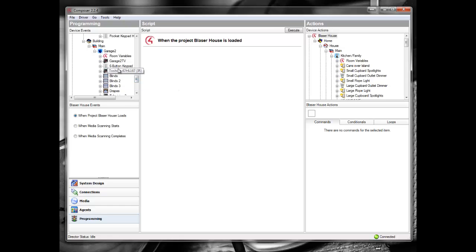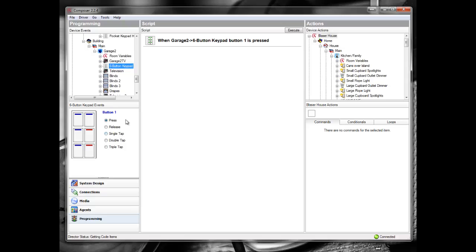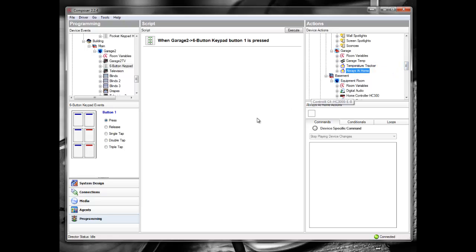So for this video I'm going to choose a 6-button keypad, and to begin my playback I have button 1 is what I'm going to use for my vacation mode enable, and so I will select button 1 for this keypad, and then you would select the Always at Home driver in the Actions tab,